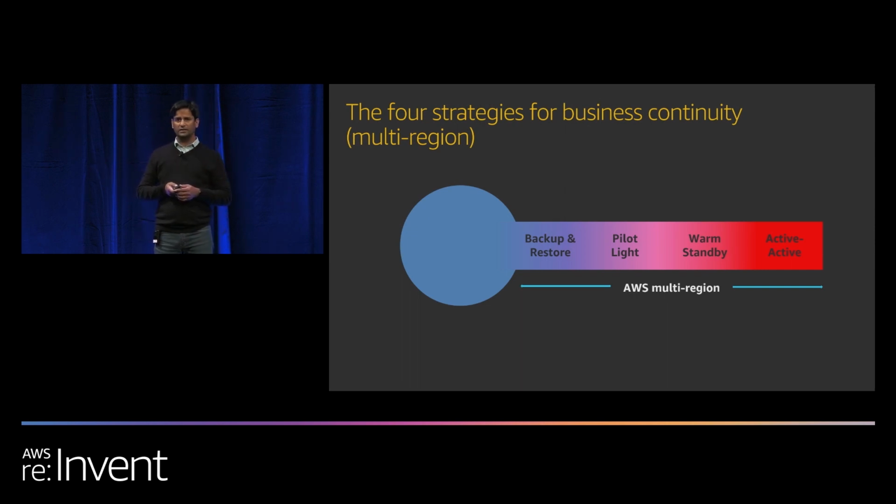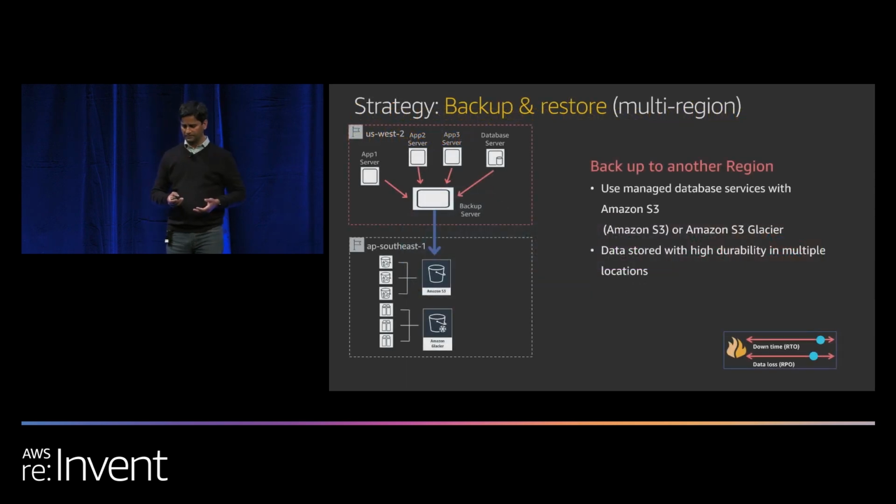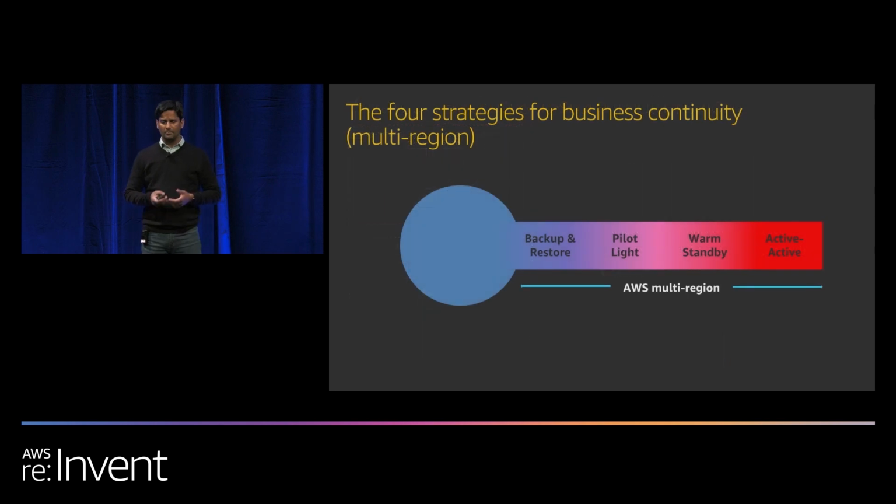But the general tendency is, OK, now that I'm architected well within the region, there may be business requirements or regulatory requirements that will drive you towards having an out-of-band, out-of-region resiliency as well. This is typically, even in the data center world, you would have your primary data center and a DR data center. And the way to address that is there are 4 strategies. Backup and restore, pilot light, warm standby, active-active.